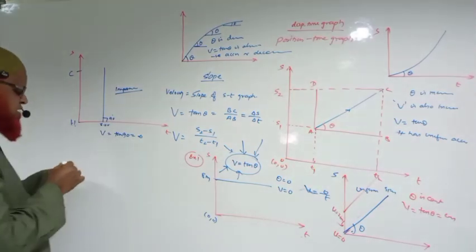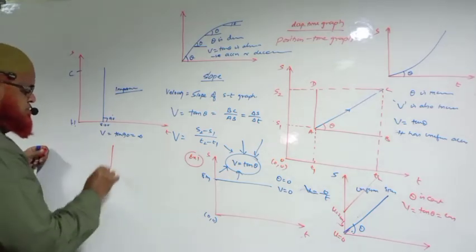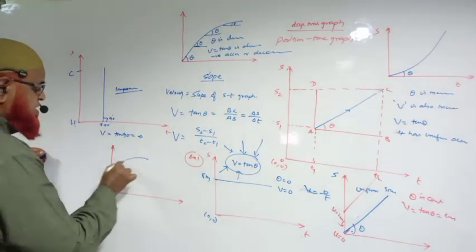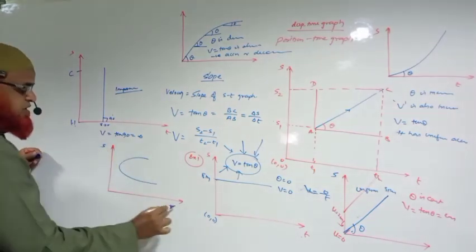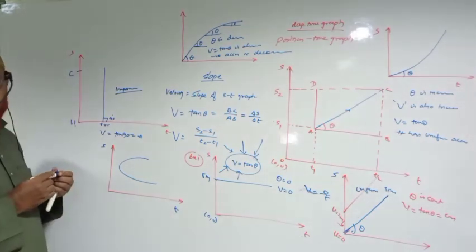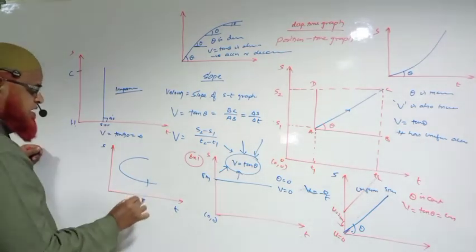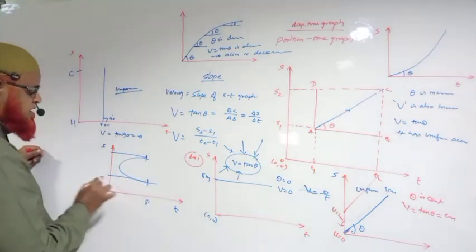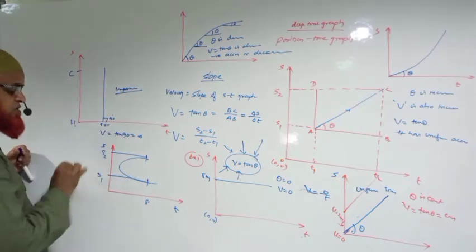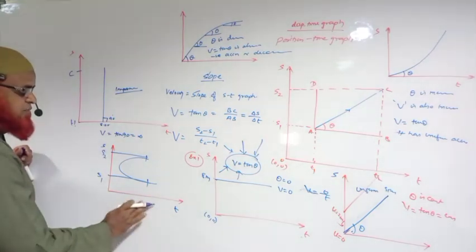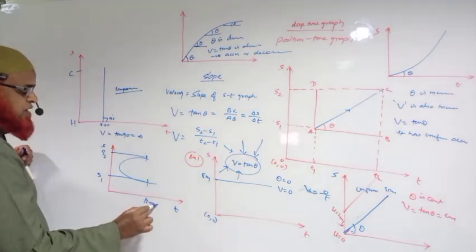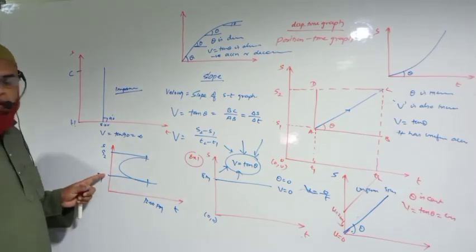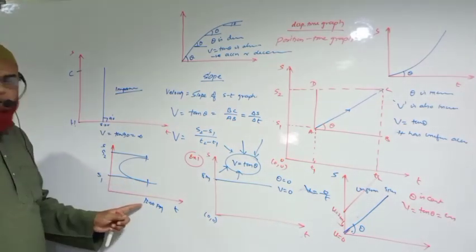Okay, I'll give an example of one more impossible graph here. For example, I have drawn a graph like this. This is a displacement time graph. It is an impossible graph here. Why? For example, at 8 o'clock, which is at this point, we have observed. What are you going to see here? This is having this position and this position. At a particular time, like for example, this is 12 o'clock, 12 p.m. Okay? You are seeing that your brother is at this position at 12 o'clock.